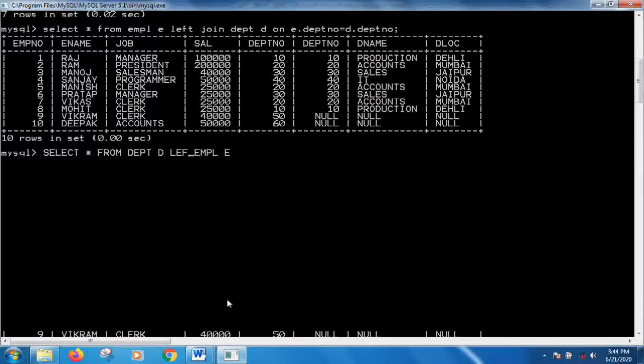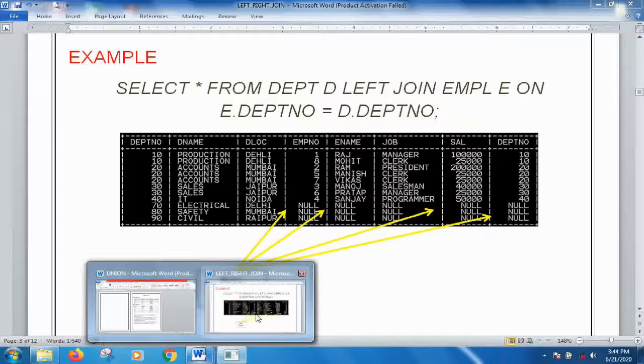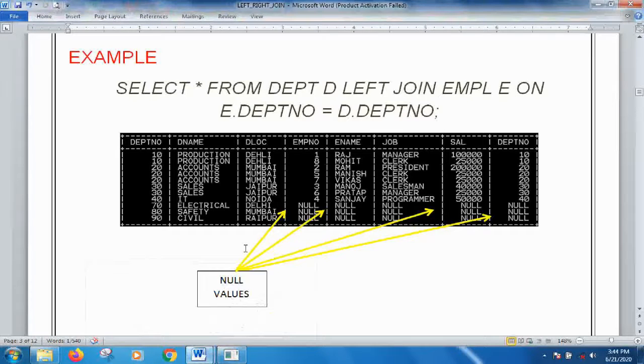Left join EMPL E on E dot department number is equal to D dot department number. So this is the output in which I am getting the null values for which the records are not matching in the first table. So this is how the left join is used in some cases.